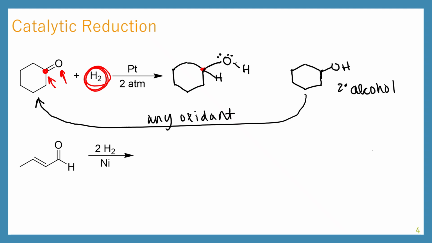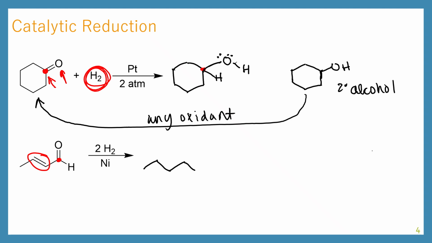Now you can also use catalytic reductions to knock out several functional groups at once. So we know that these conditions can reduce alkenes as well as carbonyls. So we're going to do a reduction in a couple places. We're going to be reducing our alkene. We're also reducing our carbonyl. So the number of carbons